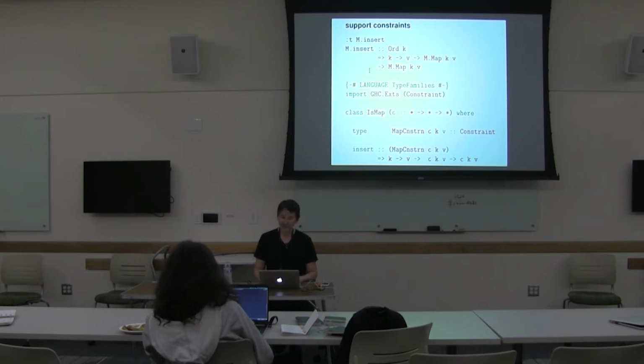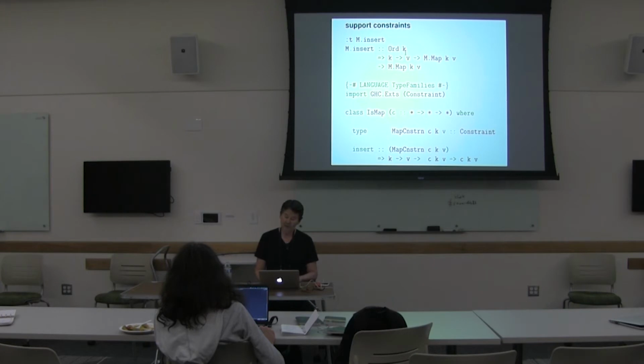You remember the insert up here says it's an Ord, a key, a value, and a map, and then returns a map. This says it's a key, a value, it's a map, but in here, this one said Map K and V. Now it says C K V because I've replaced Map by just whatever C is. So I've abstracted out Map and just called it C. Other than that, this is the exact same signature, and one other important piece,